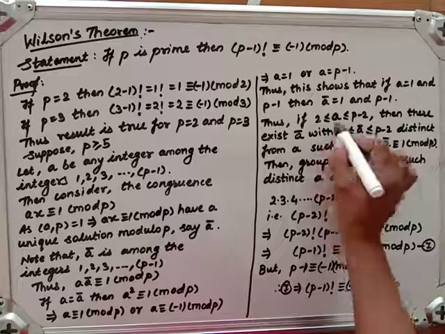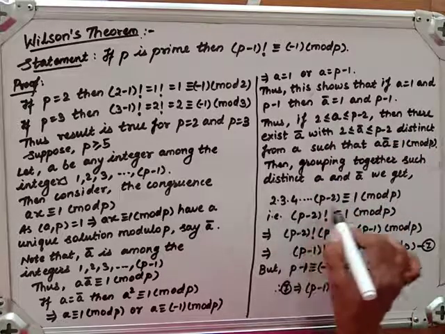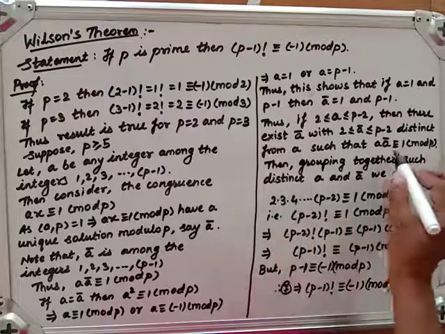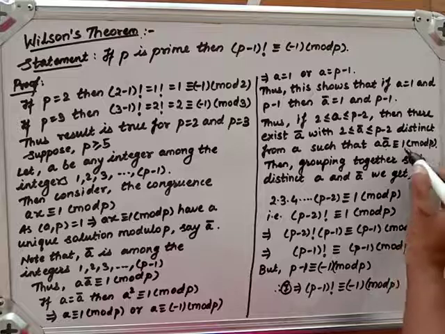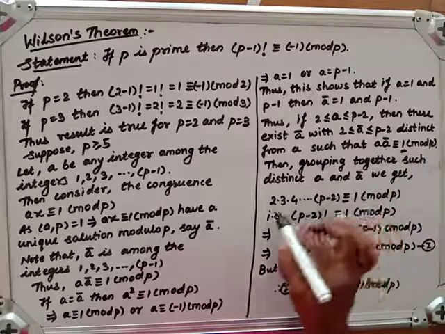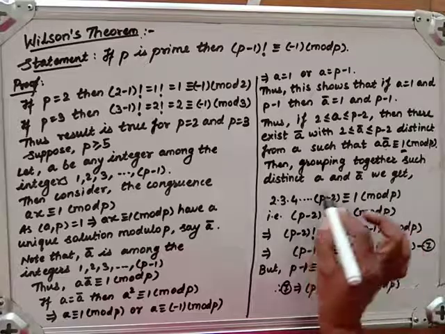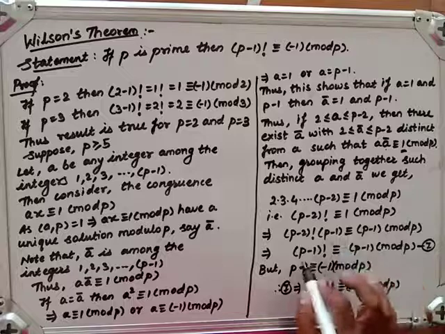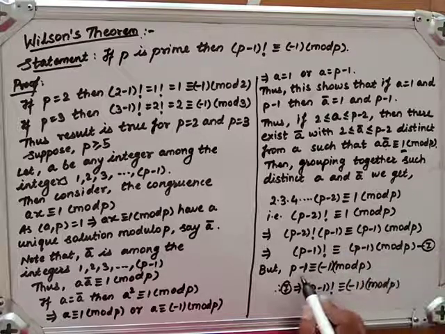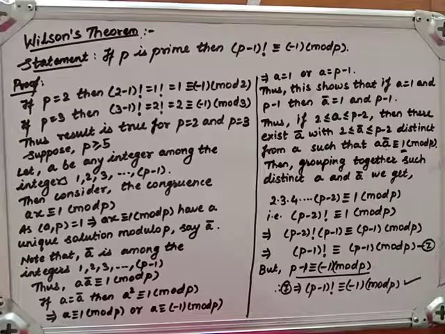Here this is 2 to p minus 2, so we have to combine them. We will group them. For each one this will hold, congruence to 1 modulo p. So we will group them, that will be congruent to 1 modulo p. This part is p minus 2 factorial. Multiply both sides by p minus 1, we will get this. But this is true, that's why this is also true. As such, we can prove this Wilson theorem.